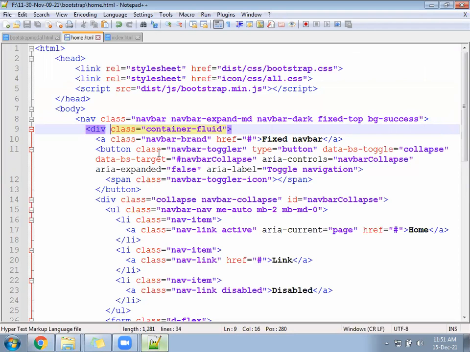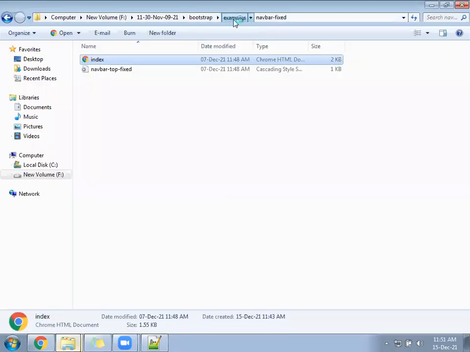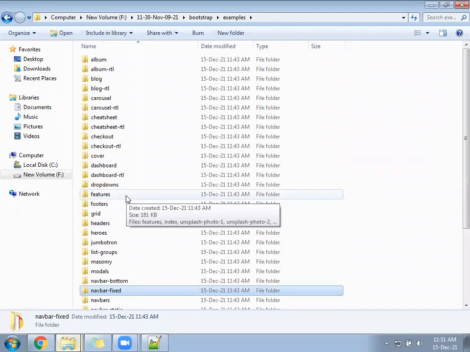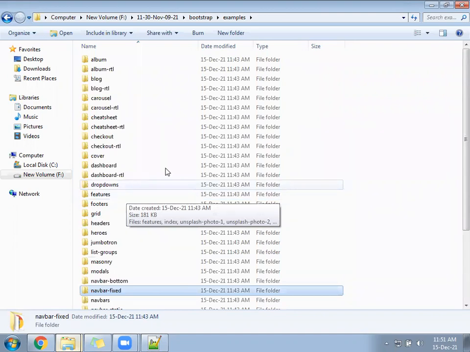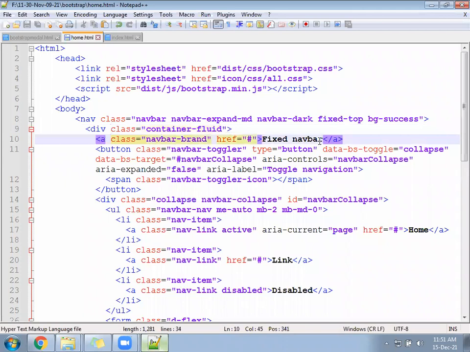Even the people who made this library know it's difficult to remember everything. So they have given a complete folder itself. You can take the sample code and modify it according to your need. Okay, come next. In this file, it is saying navbar fixed top. You can write any company name, write your own name. Okay, I will write a name here.